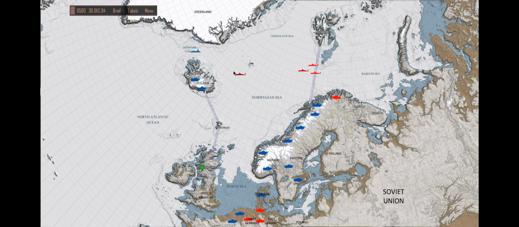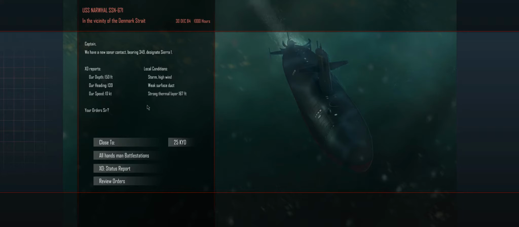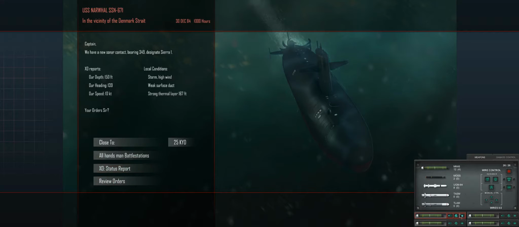So I believe that's our target there. There he is. There we go. Finally, we got ourselves some action. Yeah, we got Mark 48s, so I'm gonna load a MOSS into one of them. And what the MOSS is...